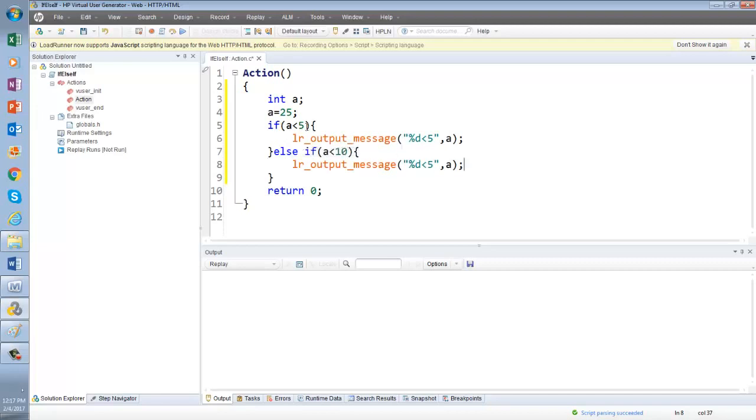Whatever I have inside the if, it is one tab inside. Now less than 10, and then else if